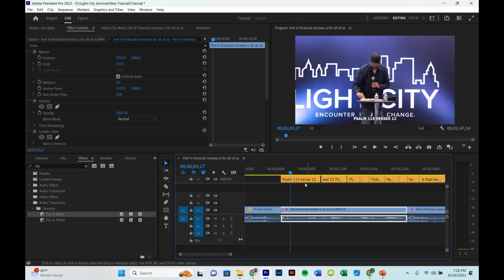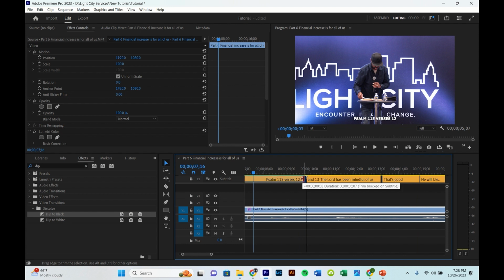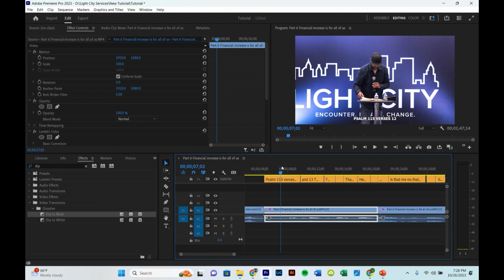Okay, so I'm just gonna go through the transcript and make sure that there's no gaps like you see here. We don't want those gaps, so we're just gonna close it. We just wanna make sure that the text matches what he's saying and it's coming at the right time, not too early or too late. So let's do that just piece by piece.